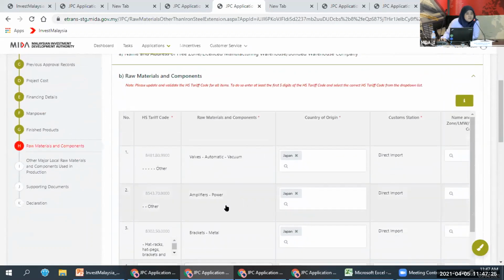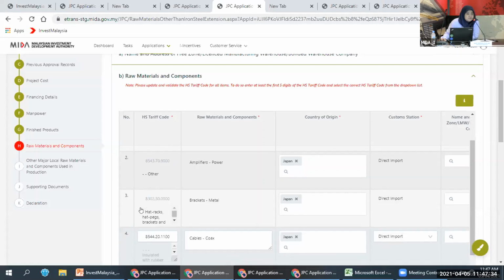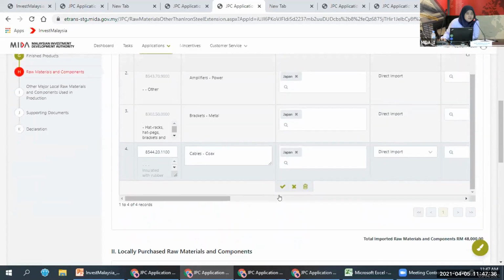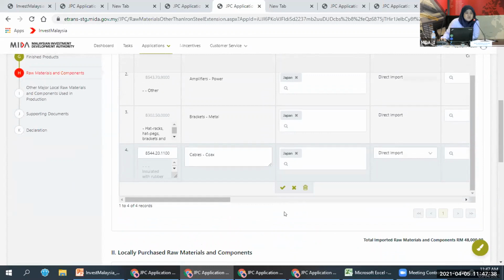Okay, as a reminder, one thing that I want to highlight here is that there are issues faced by companies that sometimes they accidentally delete the raw material, and only then realize that it was wrong to delete it.